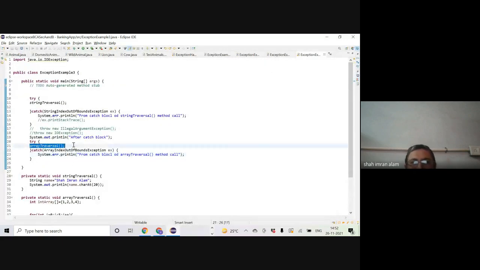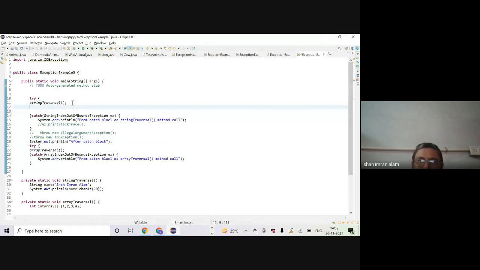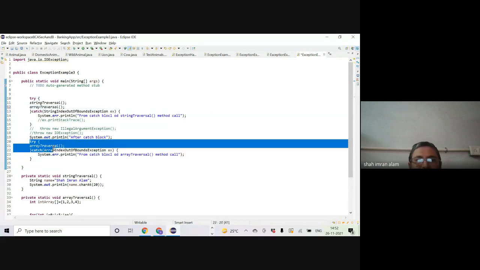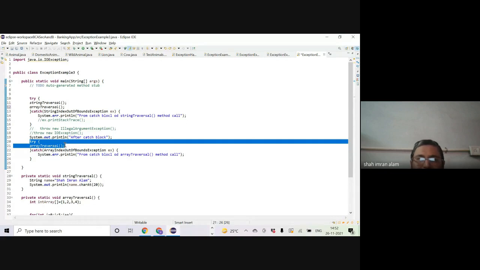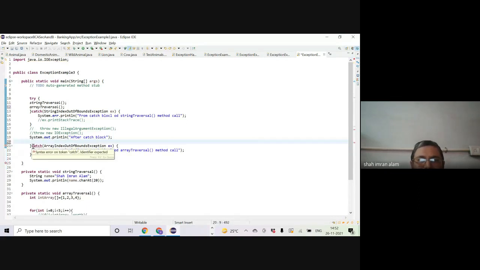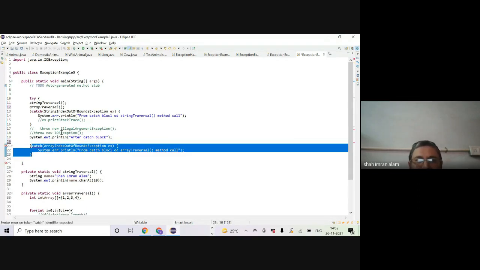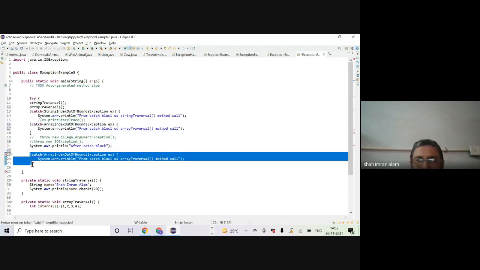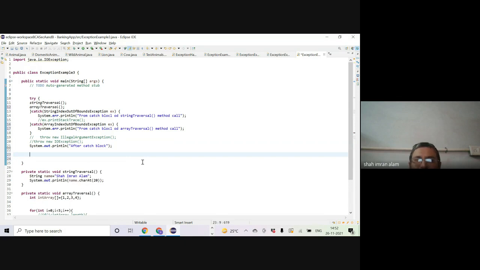Now we want to merge these two exceptions into one line as we did before. That means we want to have both the lines in the same try block for any reason. ठीक है, जैसे जैसे आप डेवलपमेंट करेंगे रीजन भी आपको समझ में आने शुरू हो जाएंगे. ठीक है, but what we will do is we will add this catch block over here. We will remove this catch block from here. क्लियर है?